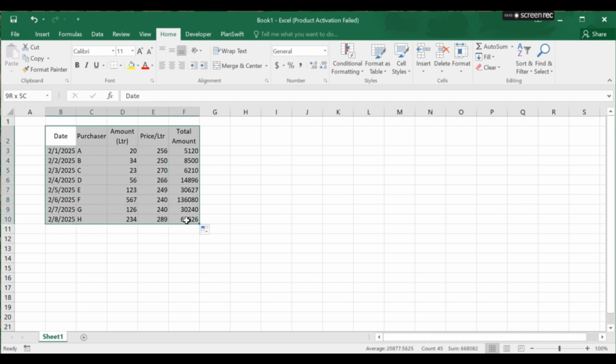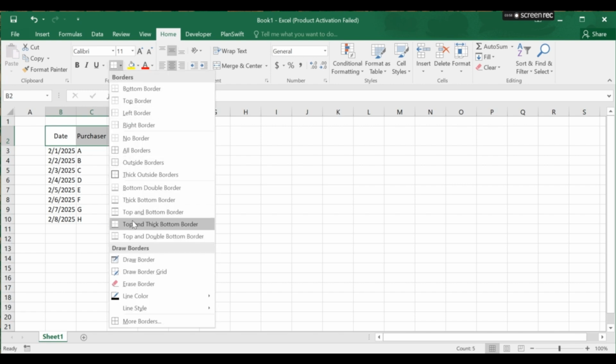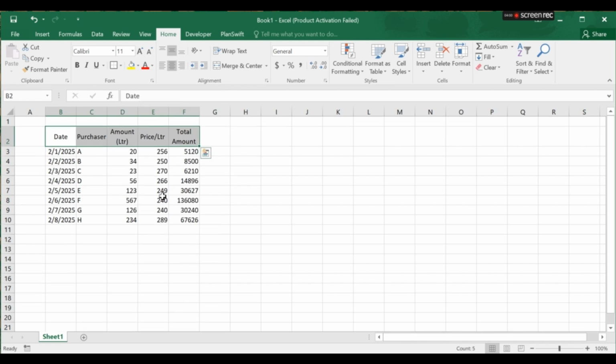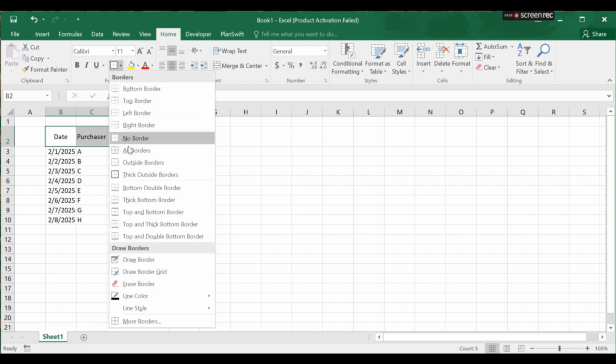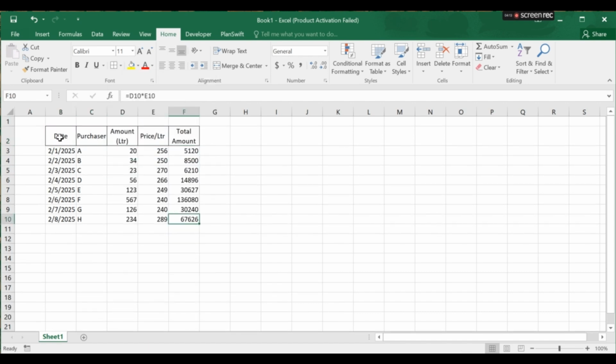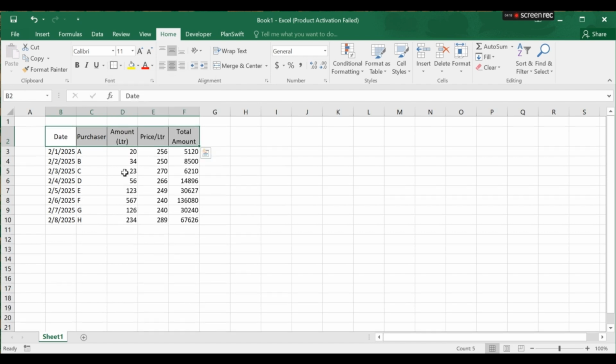And now I will just make a table, so I will just click on this and click borders, and then take outside, and this is done. Now I will just again click on border, and I will just click on all borders, and again I will select the table and then take outside. So this is done. And now to make it more interactive, I will just click on this and this,